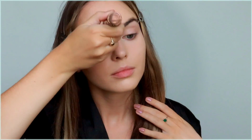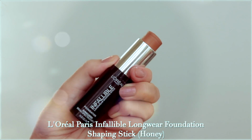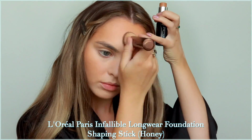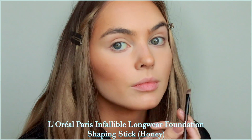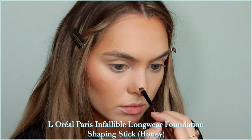For contour and bronzer, I'm going to cream contour and add a lot of warmth in just one step. This is the L'Oreal Paris Longwear Foundation Shaping Stick in a deeper shade. I'm applying to the forehead, under the cheekbones, and under the jawline. It's going to look real intense at first, but blend away, and we have a softer contour than using like an ashy powder. You can always intensify if you want to add in a lot of shade there,